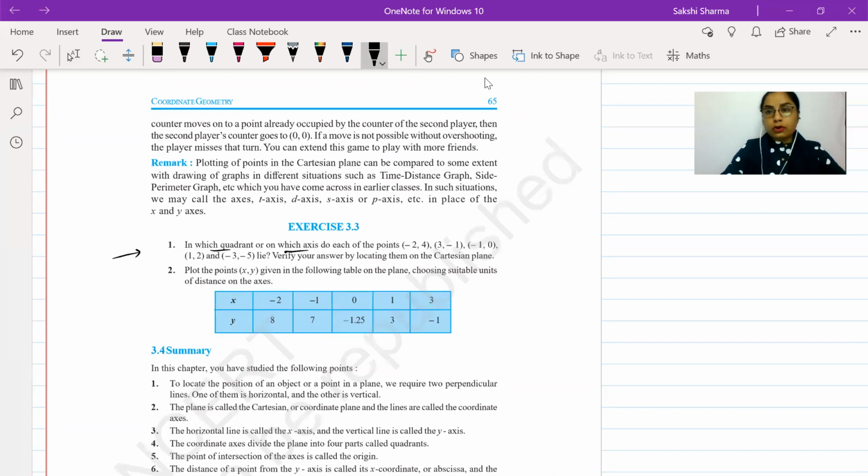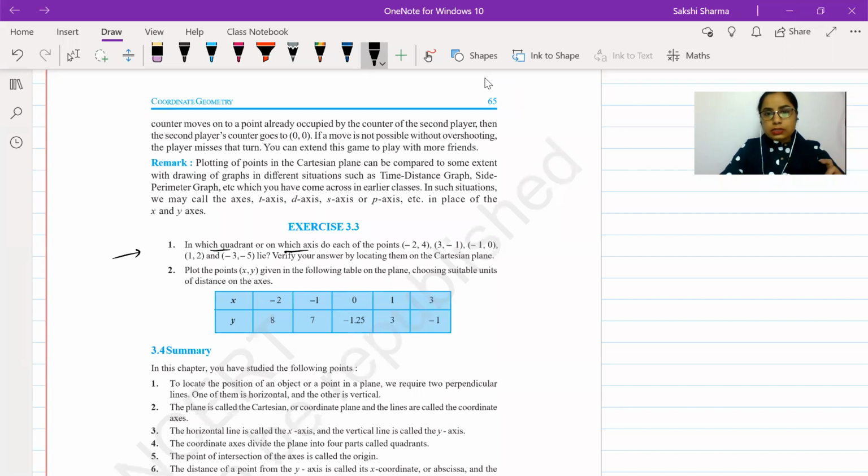Simply. They will not write down कि कौन से quadrant में है या कौन से axis पे हैं. They will ask where in the Cartesian plane do the following points lie. So you have to identify whether the point will be in a quadrant or would it be on any of the axes. So be careful about that. Sometimes the students don't remember that the point could be on axes also. They just keep in mind कि quadrant बताना है. Quadrant ही mind पे होता है, first quadrant, second quadrant. So be careful. And 0 has no sign.